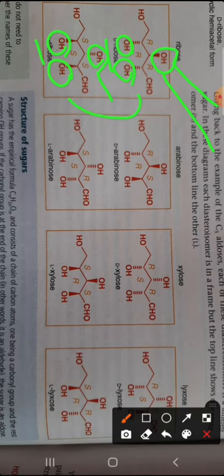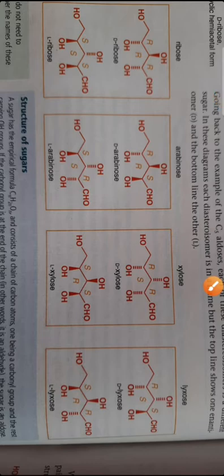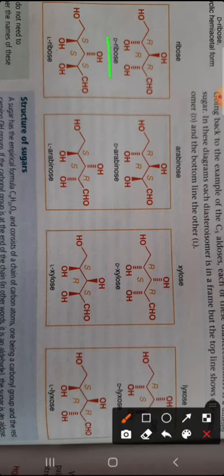Due to this change in position, they become different molecules from each other. This is L-ribose and this is D-ribose. Their physical and chemical properties are somewhat different. Their melting points are different, and many other properties become different. Like this